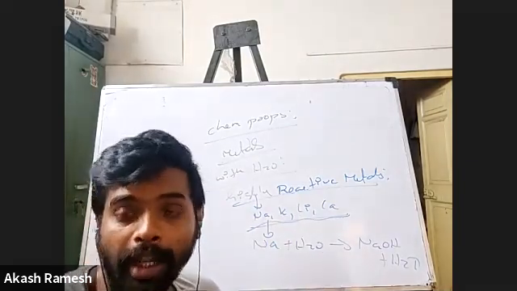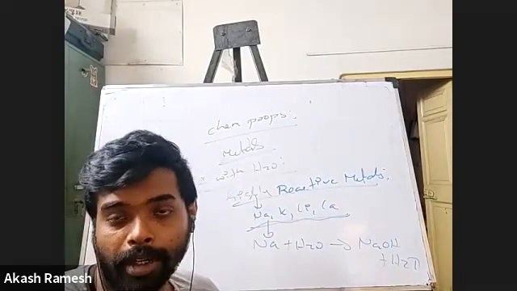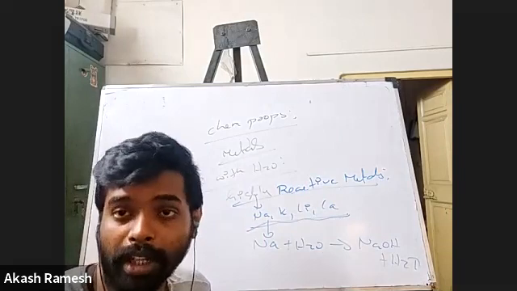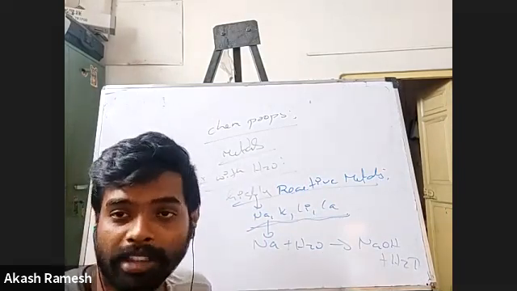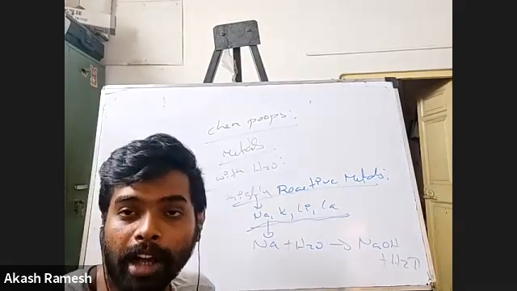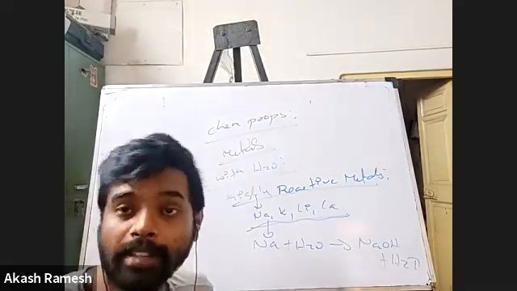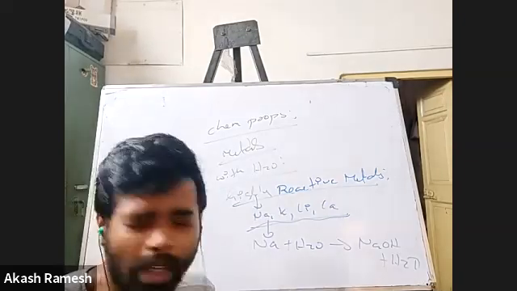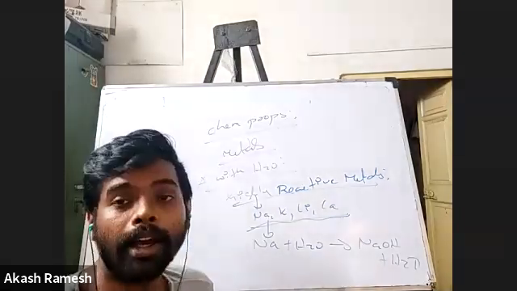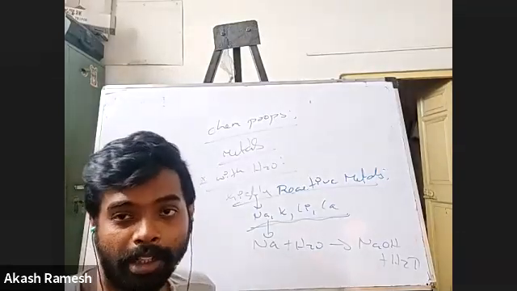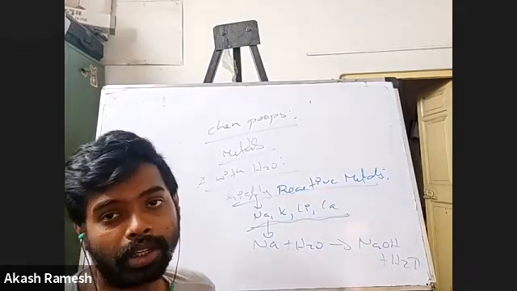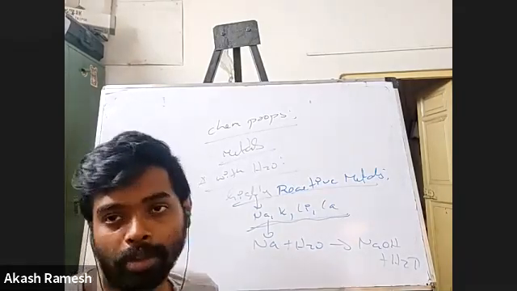How will you prove that CO2 is getting liberated? Then you have to tell lime water turning milky, that reaction. I think we saw that in your first chapter itself, right? Lime water, CO2. If I pass CO2 through slaked lime, you are going to form calcium carbonate, CaCO3. That is what forms the milky solution, lime water turning milky. That is how you prove CO2 is evolved.